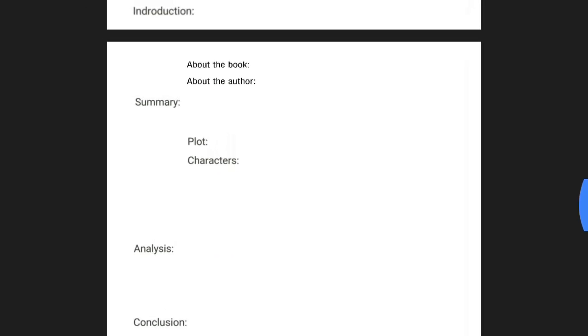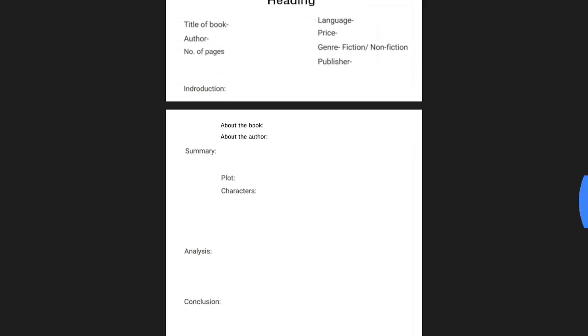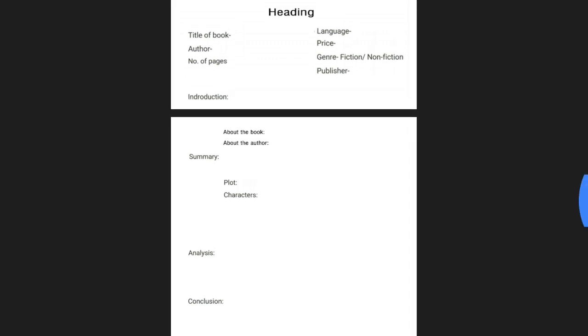I'll show you the format once again. I am zooming out to show you the entire format. You can see on your screen, though there is a page separation in between, that doesn't matter. Just the overall format. You can take a screenshot from this video and copy this down in your language copy, so that you know the format, so that in future when you are writing book reviews, you should not have